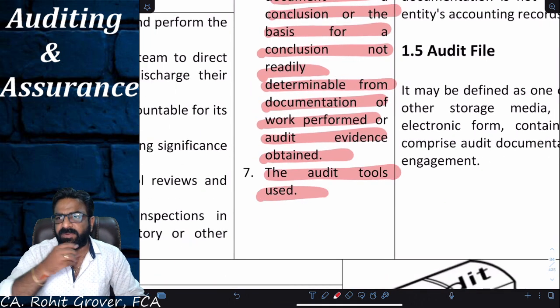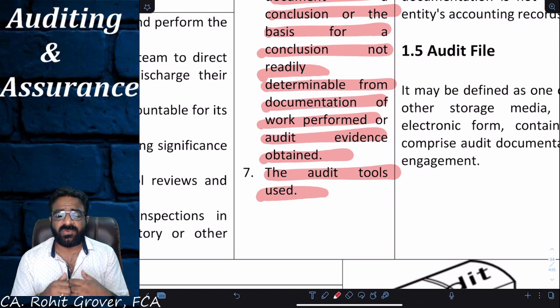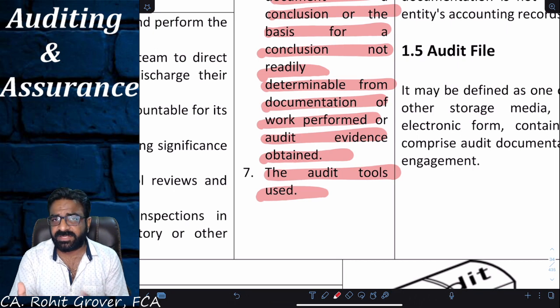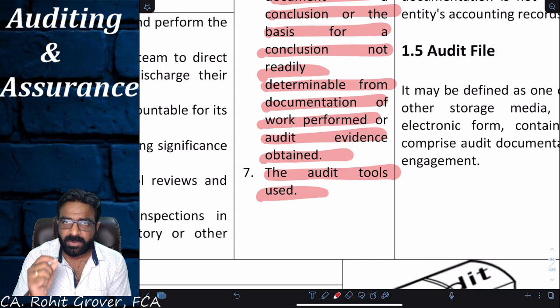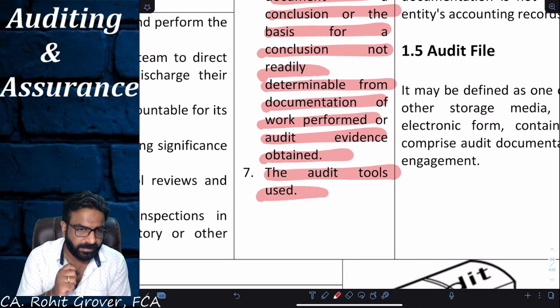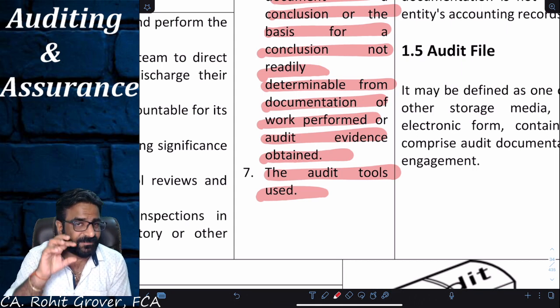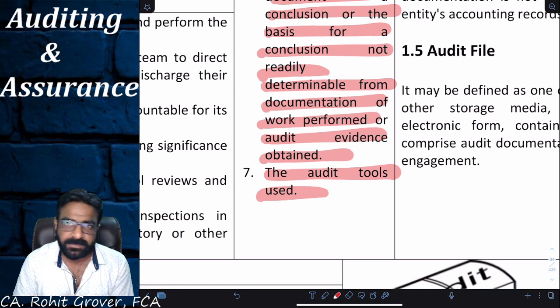Now tell me one thing, everyone. What kind of tools you are using? What kind of conclusion you are drawing? On the basis of that also audit evidence collection will be higher. My question is very simple, everyone. You are doing an audit of your client and you want to express a negative opinion on your client. Now, to express a negative opinion, don't you think that it is a very big allegation on the client's going concern assumption?